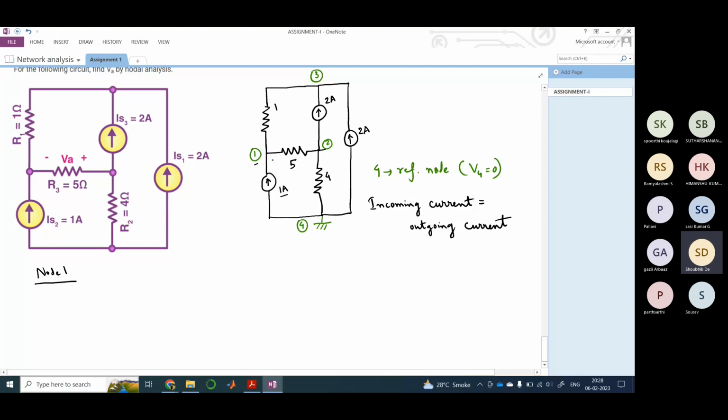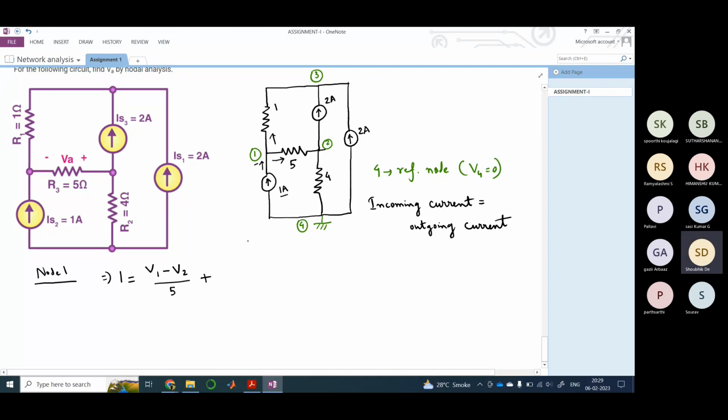One current would be flowing through this path here, and one current would be flowing through this path here. So my current would be flowing this way as incoming current at this node, and then it would be going from node 1 to node 2 through a resistance of 5 ohm, and from node 1 to node 3 through a resistance of 1 ohm. Therefore I can frame my nodal equation. My incoming current is 1 ampere, and my outgoing current would be the potential difference between node 1 and node 2, that is V1 minus V2 divided by the resistance of 5,